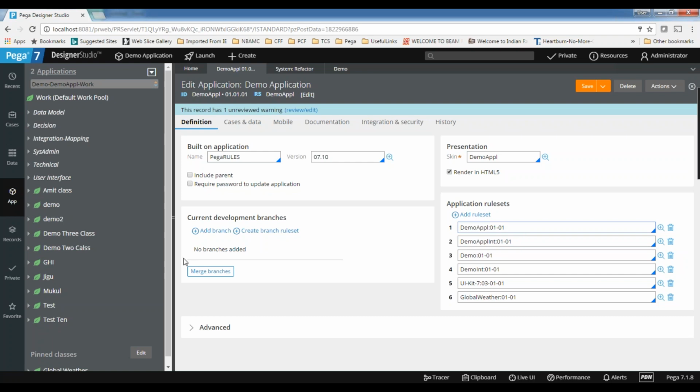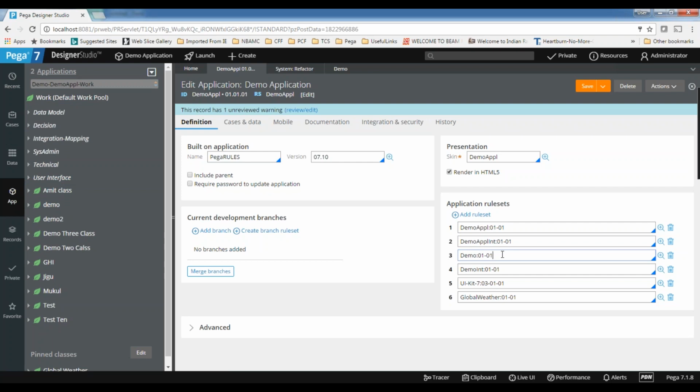Okay. What kind of rules will be created at the organization rule set level? It may be any rule. Whatever you have in Pega, you can create in the organization rule set, but it should be applicable to the entire organization, because an organization can have any number of applications.